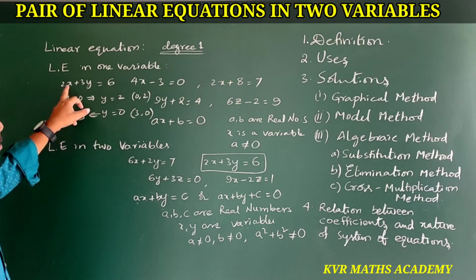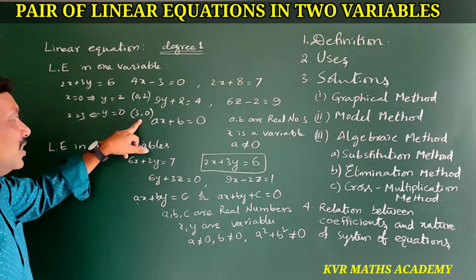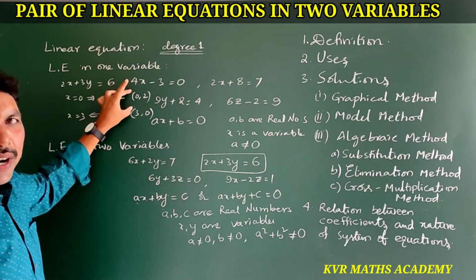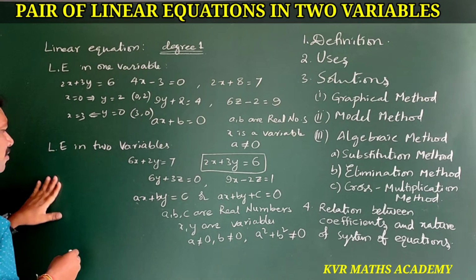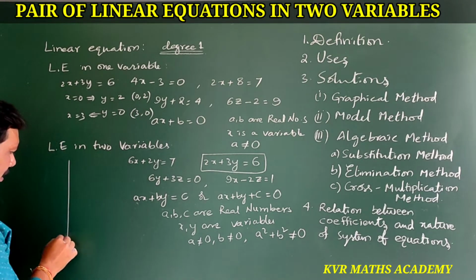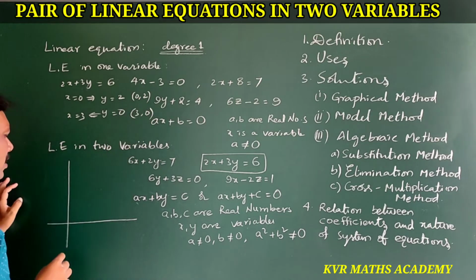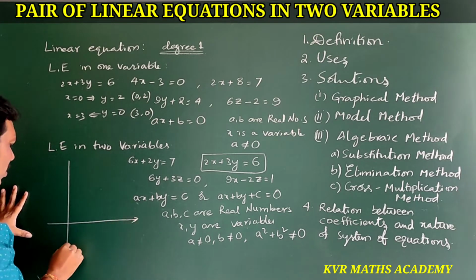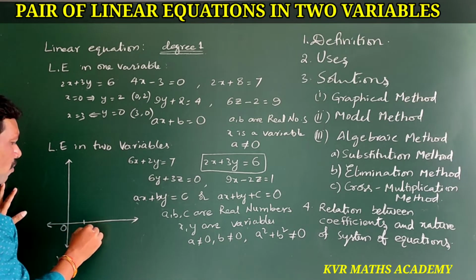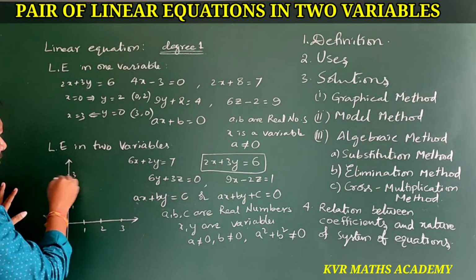So if x is equal to 0 then y is equal to 2, and if y is equal to 0 then x is equal to 3. So for these two points draw a graph simply, for better understanding only, right? See this one. These are all positive values only, that's why I am taking the positive axis only. So this is 0 origin, 1, 2, 3. This is 1, 2, 3.